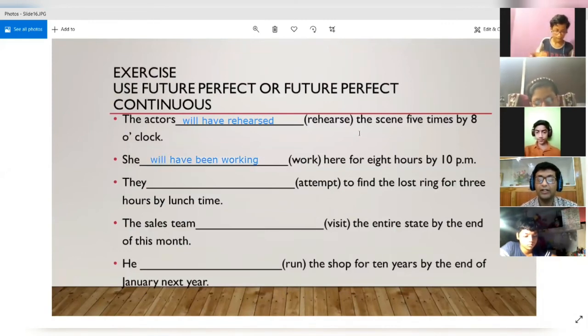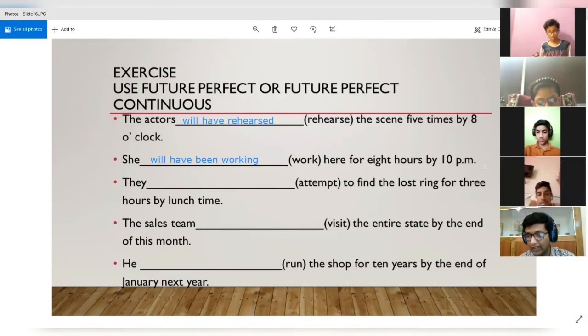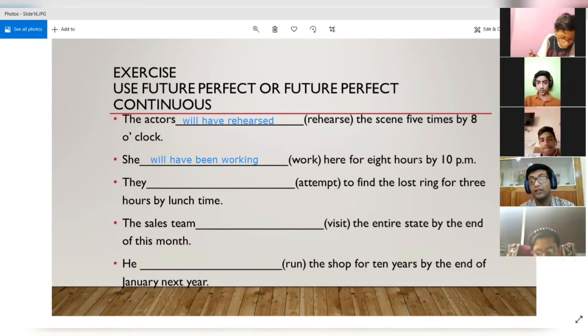It is the future perfect continuous because we are telling that by the time we reach 10 p.m., she will have been working. So her work is going on and it has been going on for 8 hours. She will have been working for 8 hours by the time we reach 10 p.m., right? So when it is 10 p.m., this is the duration of time for which she would have been already working. All right. So the action of working is still going on by the specific time in future, that is 10 p.m. over here.